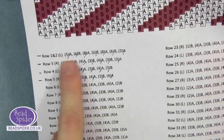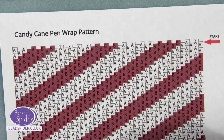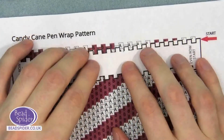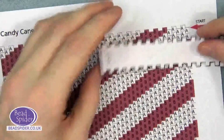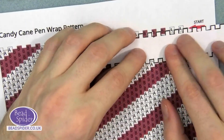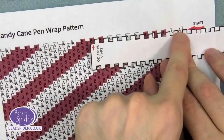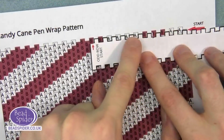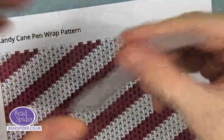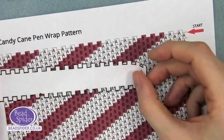As. That's rows 1 and 2 combined. If we have a look at that, the odd row, which is row 1, is this little section. Oh, they're not quite fully cut out, but that's okay. So row 1 is this little section here. You can see that should be showing you A, B, B, B, A, B, B, and so on. That's row 1. And then if we flip it over to have a look at our even rows, the pattern